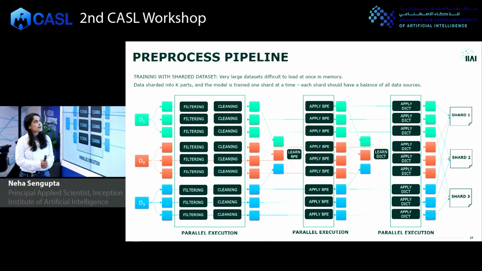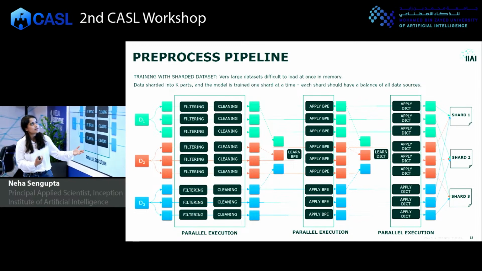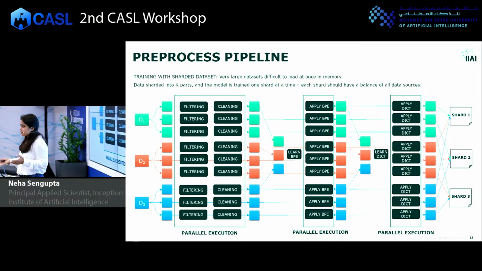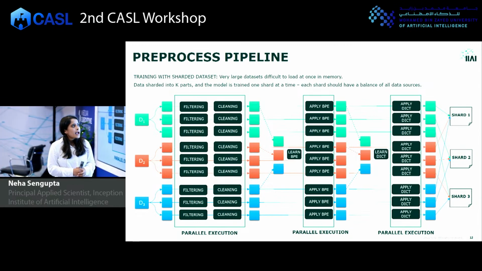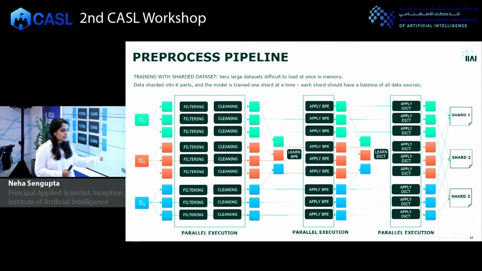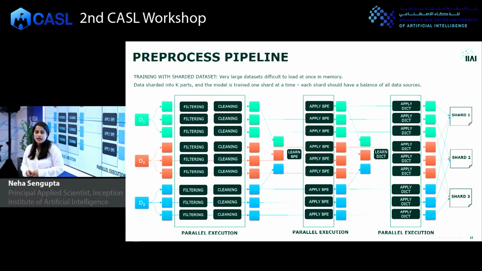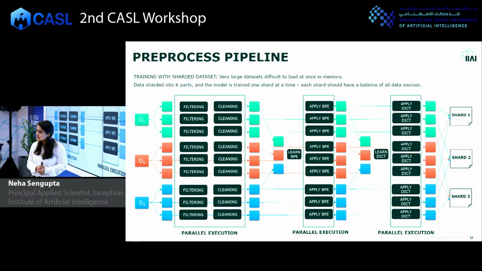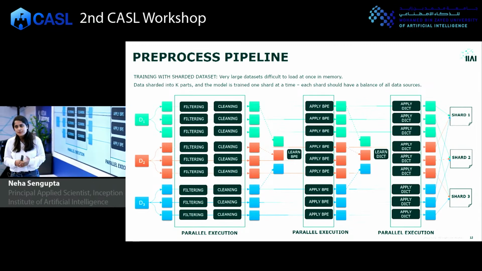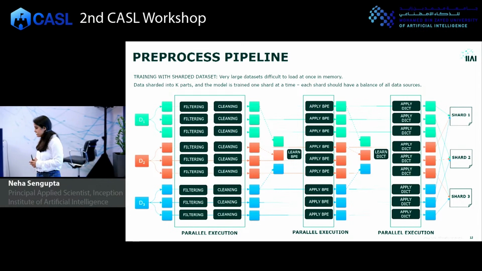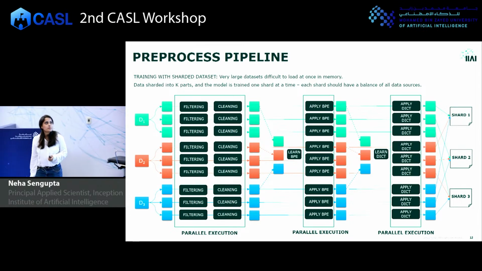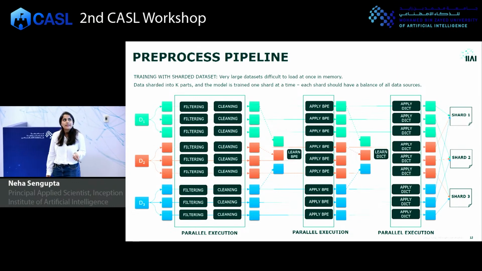And then when you have these shards, you will sample one from each data source in order to learn your byte pair encoding. How should you split words, right? For those of us who are familiar with this step. And then once you've applied it, you have basically split all your words into subwords. And this part is also parallel across 9 processes. Similarly, you will learn your vocabulary using a small piece of this data, and then apply the dictionary again in parallel across 9 processes. Once you're done, you will take 1 green, 1 red, and 1 blue shard and combine it into shard 1. Why would you do that?